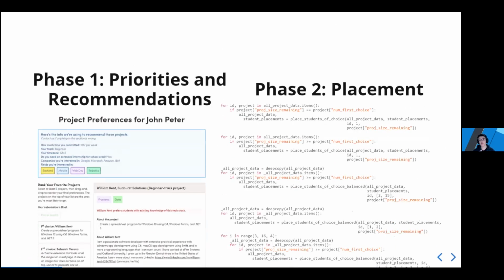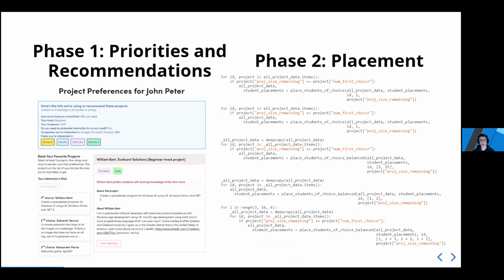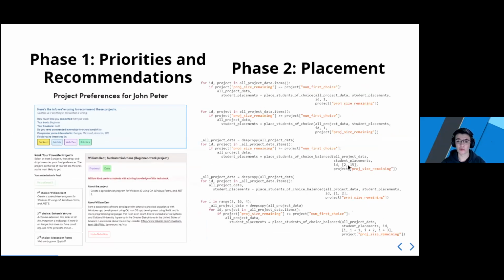There were two main phases. First, there was the priorities and recommendations phase. In this phase, we used Elasticsearch, which is a tool often used to create search engines, to recommend the best projects for you based on your application. I'm sure many of you remember seeing this screen if you were accepted, when you chose which mentors you were interested in. We thought this approach was a good compromise of both automation and human aspects, because while Elastic was